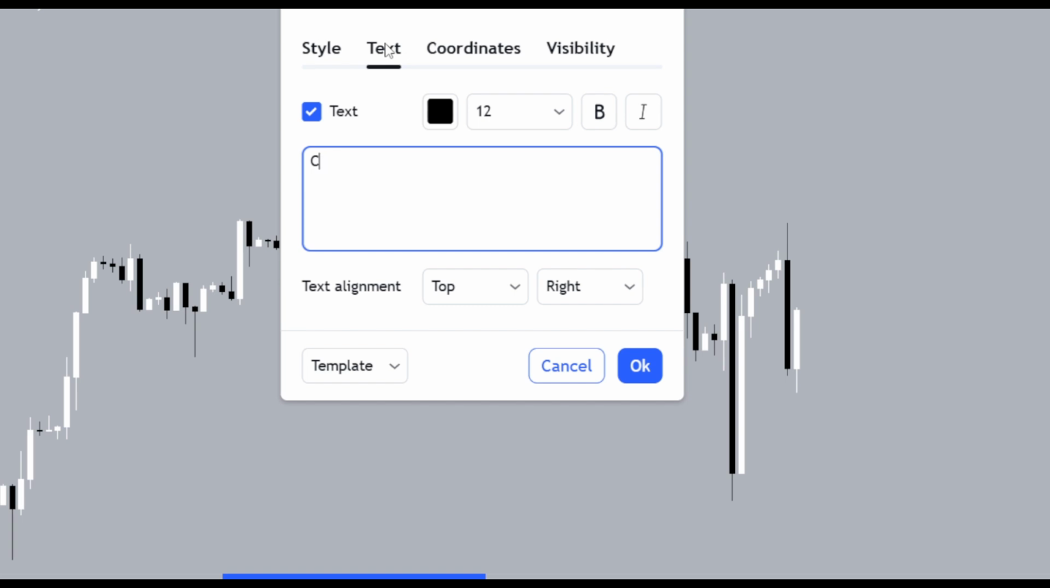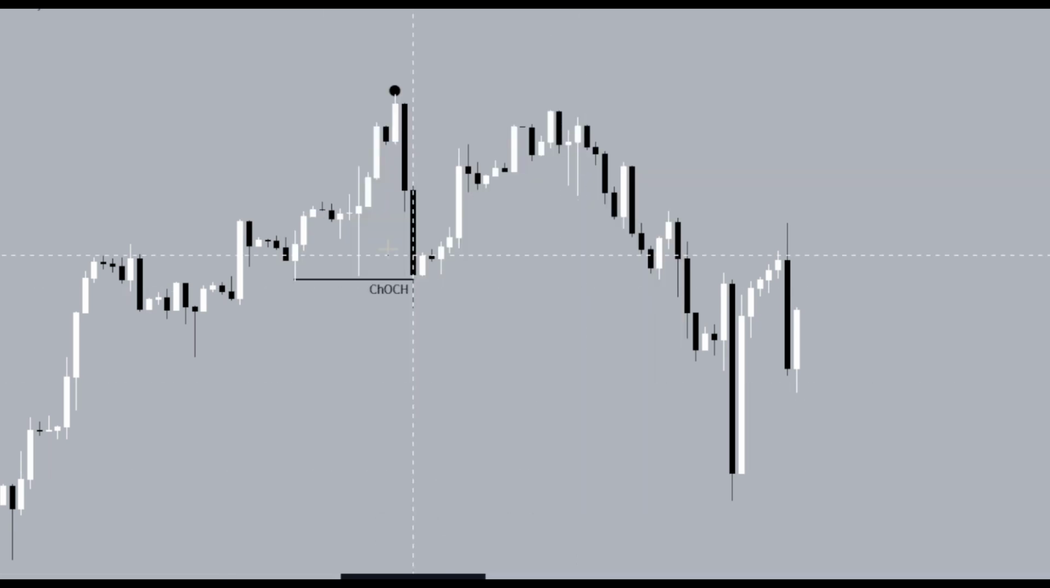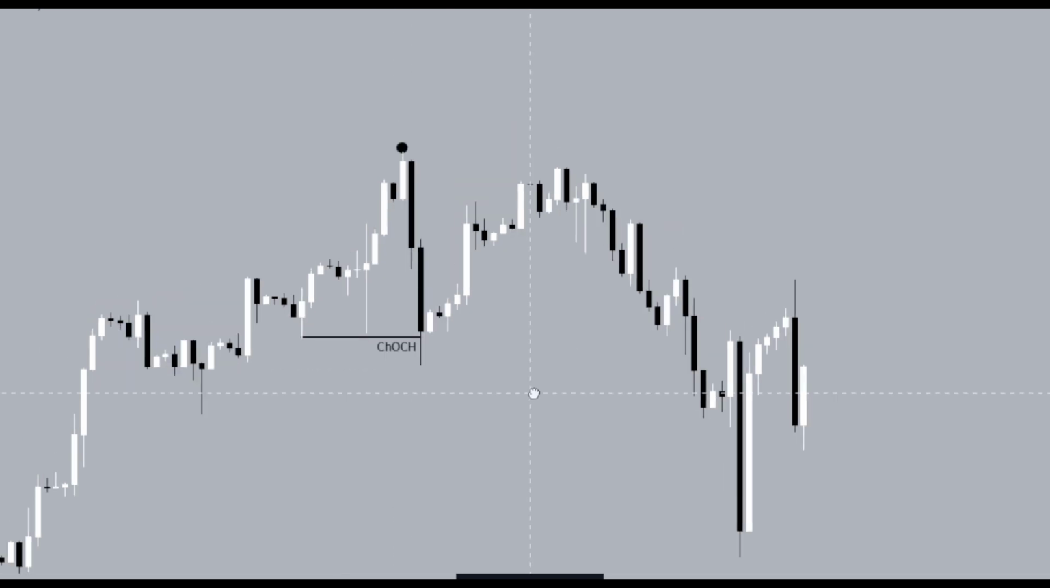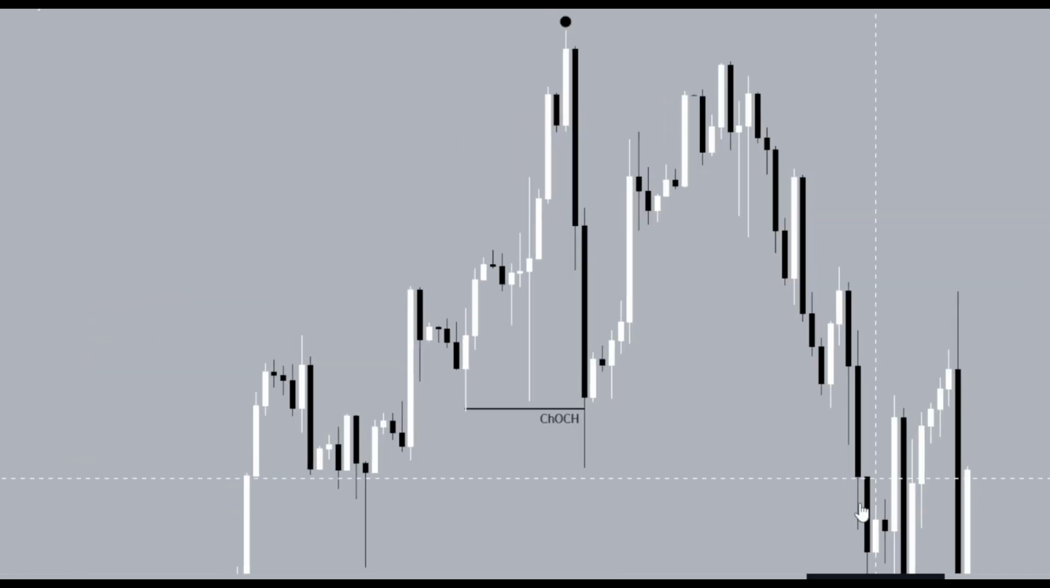So what makes a chalk? Well, it's quite simple. It's literally just another way of saying there's an internal structure break. Okay, this is an internal structure break just over here. So now that we see the 4-hour chalk, another thing that's worth noting is that we had a 4-hour fair